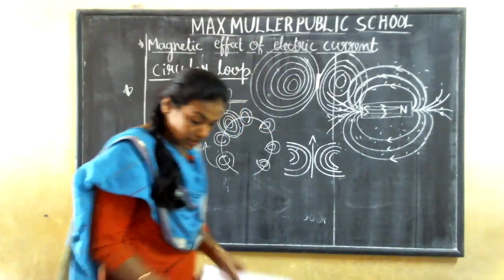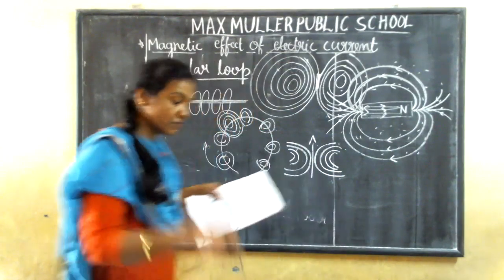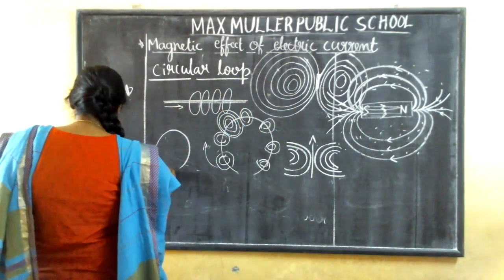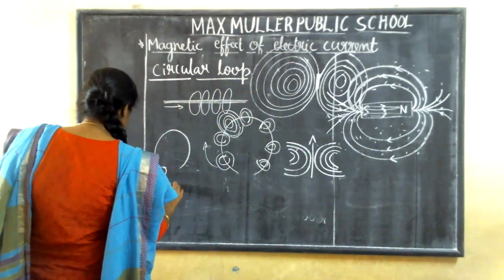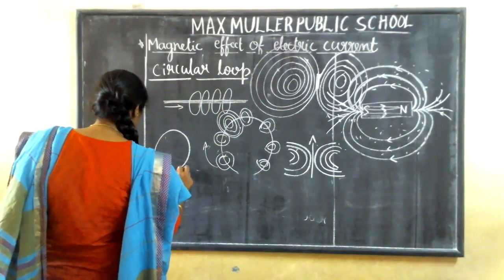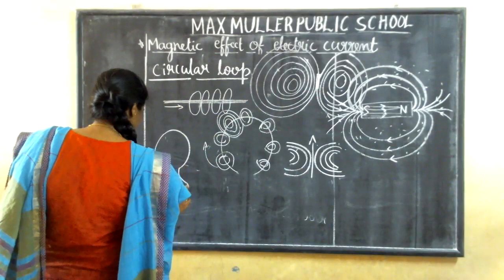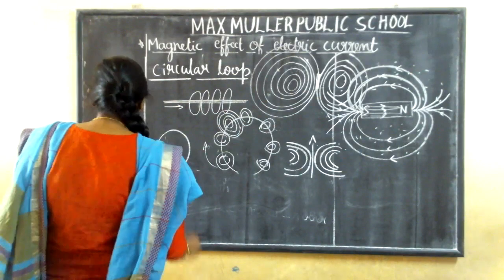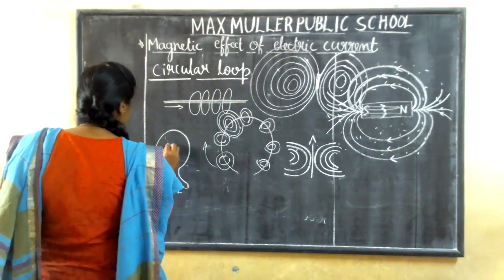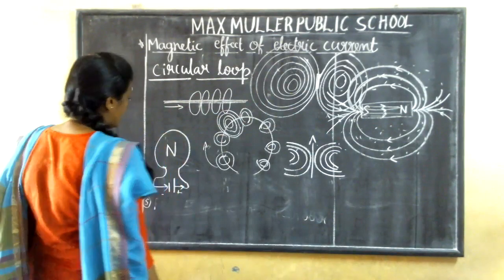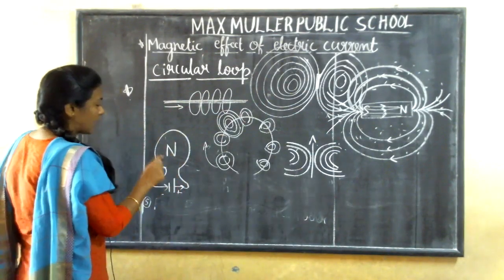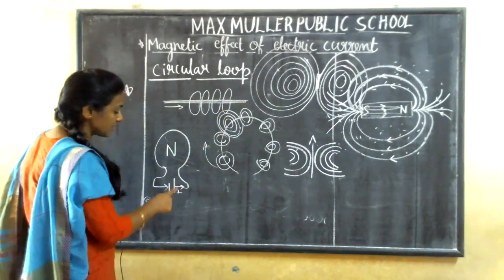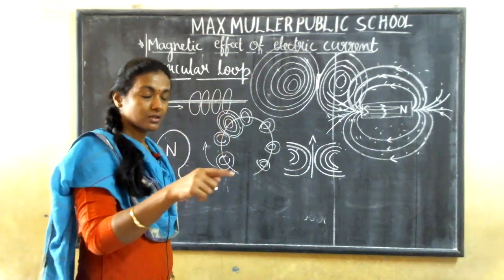If you take a compass, sometimes you get confused about which is the direction here. Think that you have a loop like this, and you are going to apply some current to it. We all know that the direction of the current shows the direction of the magnetic field lines, right? So here it is a plus and here it is a minus. Think that this is the North Pole. I am saying North Pole here because this is the direction of the current, guys. Yes or no? Where the plus sign is, from that place the current flows, right?